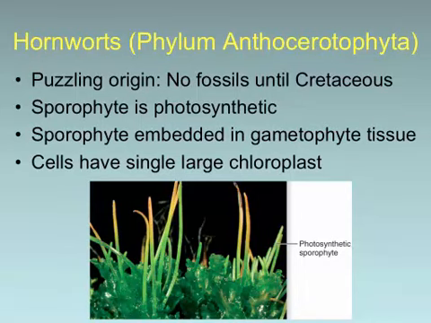Number one, the cells in these actually have one chloroplast, which is kind of weird. If you look at an angiosperm plant, like a maple tree, right, the leaves are going to have many cells. Each one of those cells might have anywhere between 40 and a couple of hundred chloroplasts. In hornworts, they don't. The cells only have one big chloroplast, which is kind of unusual among the plants to have that kind of a structure.